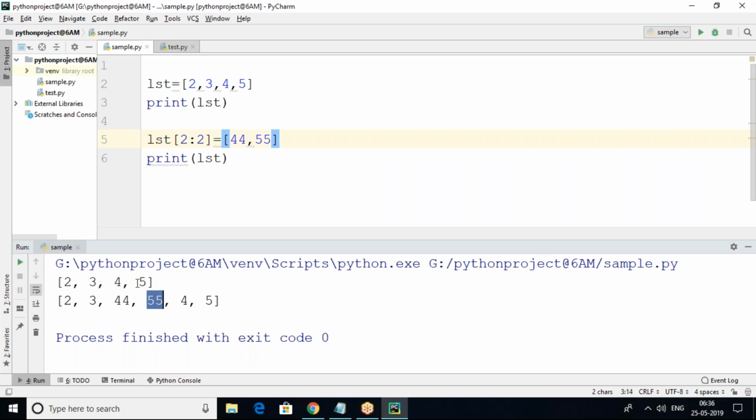It is not going to be replaced with 2 elements. Obviously, the existing elements will change the position. Look here in the result, 4, 5 are also there. But we are starting, index is 2, no? 2 onwards, how many elements do you want to add? 2 elements I want to add, 2 elements are added.